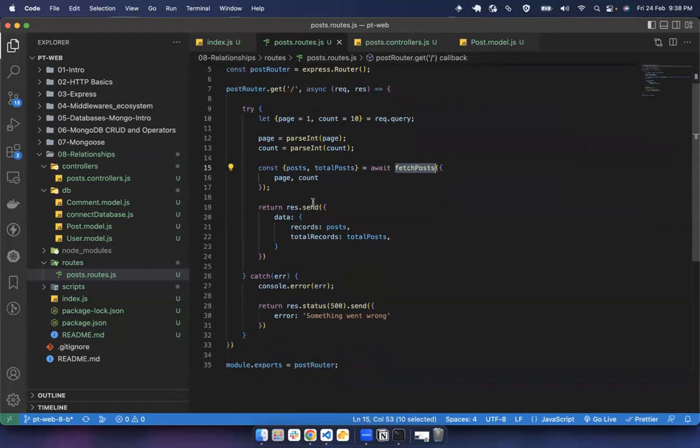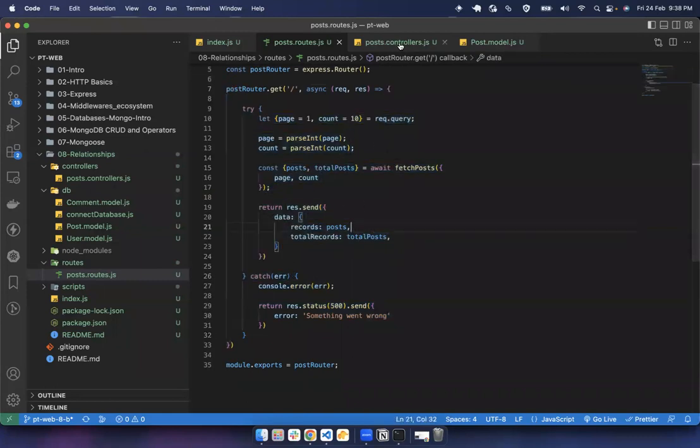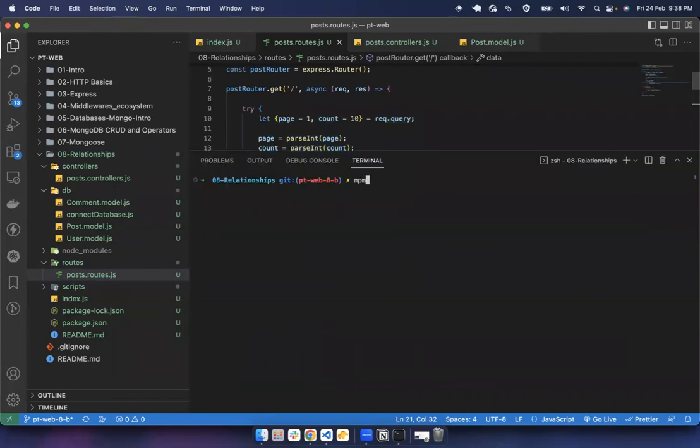Okay, so we are just here looking at the request, fetching the response, and sending the response. That's it. We are only supposed to do these things in the request handler. Rest of the logic should go inside controllers, right? So with this, we can start testing the first